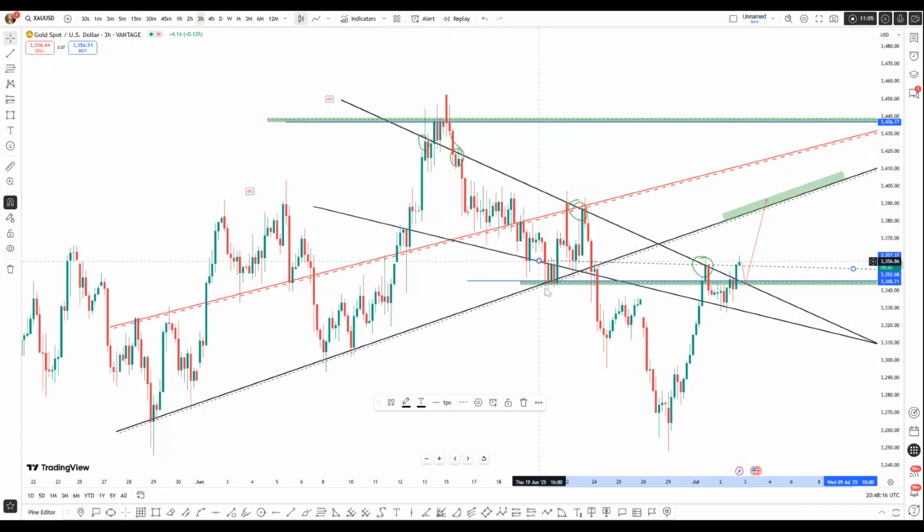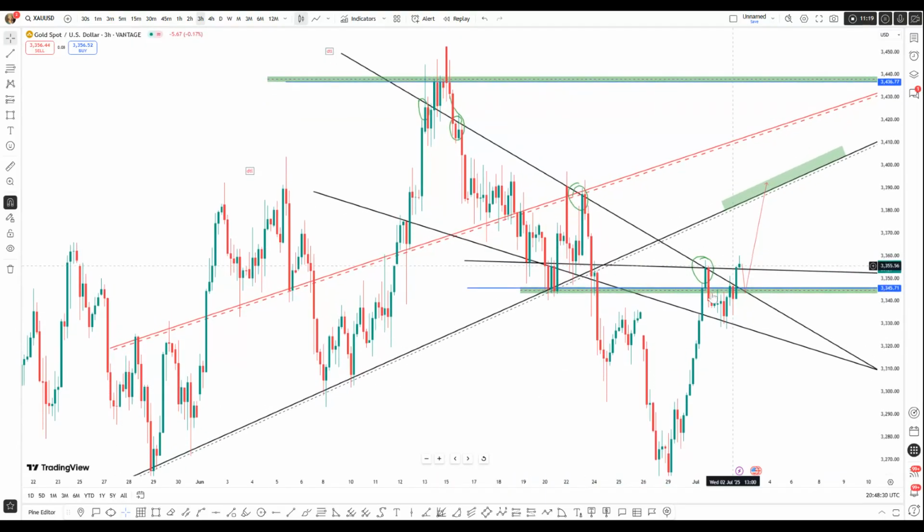yes, I want to see us close above this structure. Yeah, I want to see a close above it. If it's not closing above it, then as the market opens, you need to give the market time. Possibly wait the London session before you get back into the market, because if it doesn't do that, it could